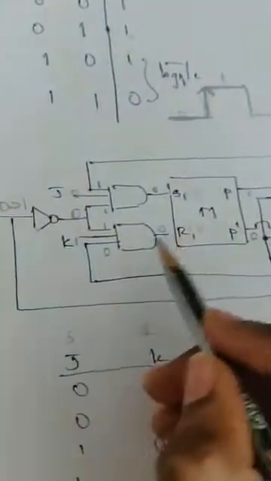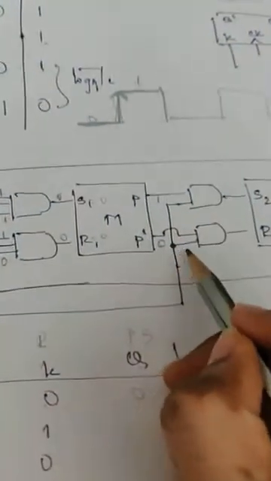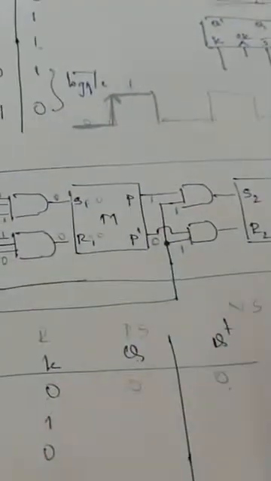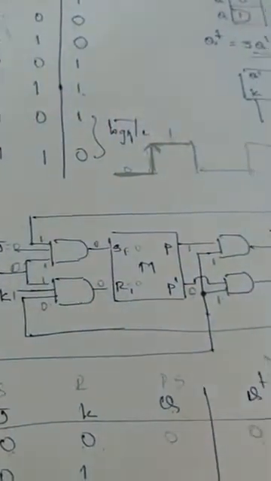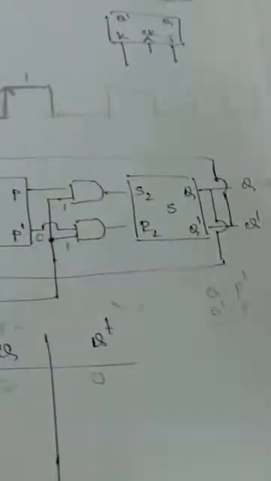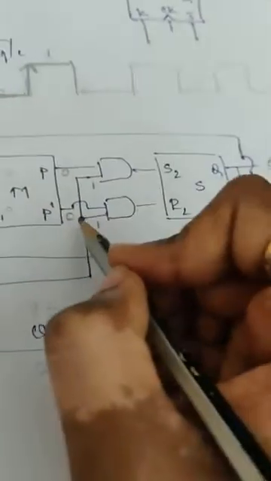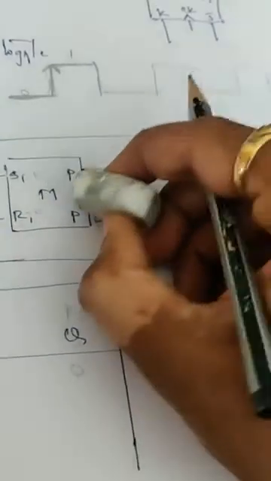Now, this part of the operation is deactive. When the clock changes from 0 to 1, this 1 will come here. So this will be 1, this will be 1. I made a mistake here. Actually this is 0. For this flip flop, this P acts as Q. For this flip flop, this Q acts as Q itself. So this Q will be 0 itself. And this will be 1. This will be 1.